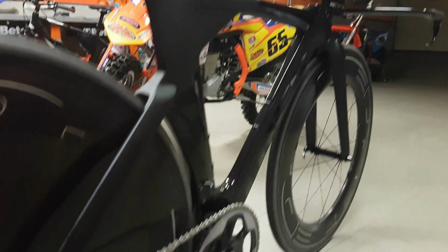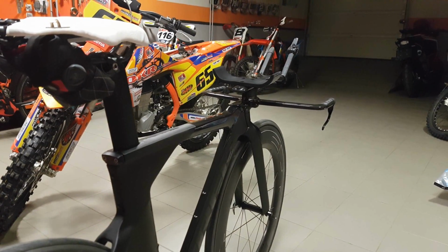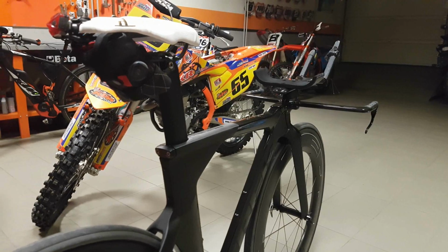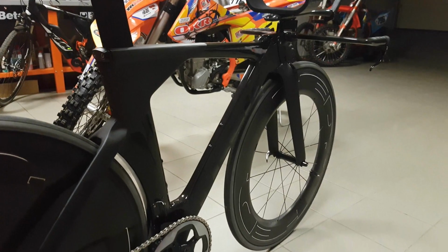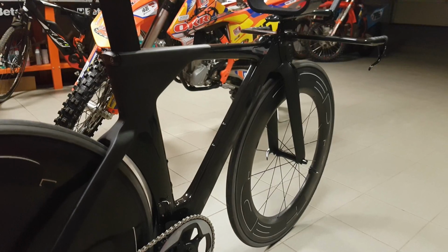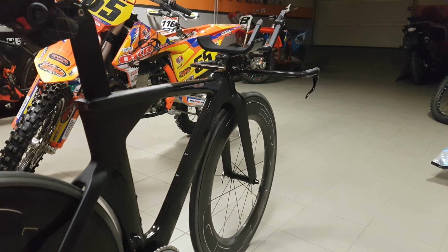This bike is also fully UCI legal, so yeah, with the rise of triathlon and triathlon specific bikes, that's another thing that's quite rare. It's becoming quite rare because very few people are actually buying time trial bikes nowadays. It's kind of a specialist group, not very lucrative for the manufacturers, and in the end they aren't upgraded that often. If you already have one, then yeah, that's a good thing,